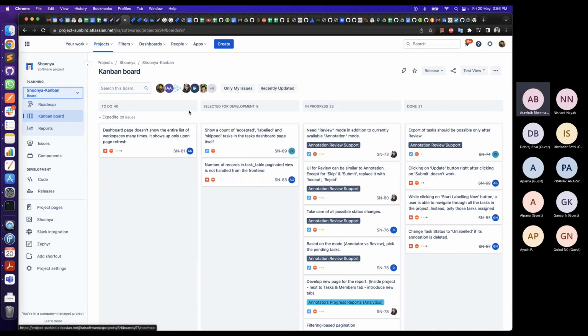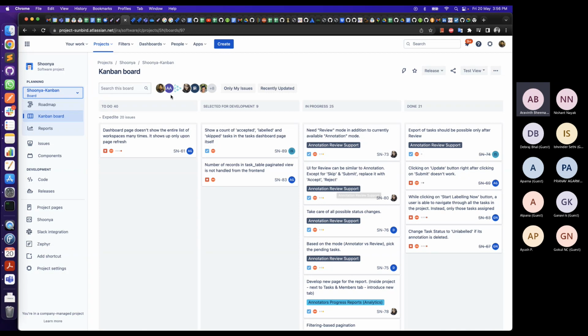Usually for the stand-up meetings, I prefer taking this Kanban board view so that if somebody is blocked on some of the things, at least they can start working on something that's already available in the next sprint. Once they're unblocked, they can continue working on the current sprint. This gives a consolidated view.